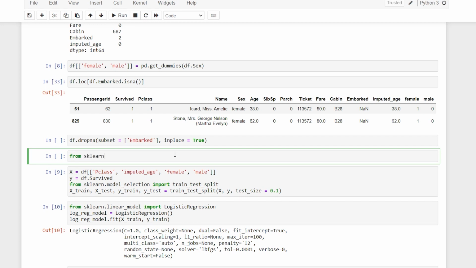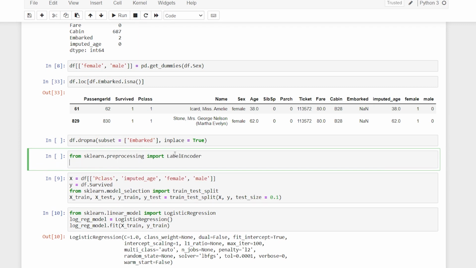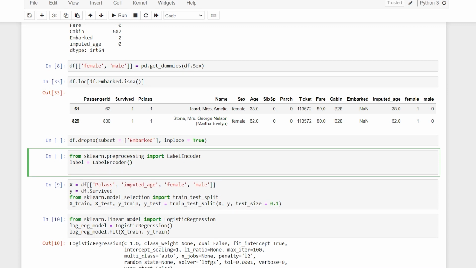So from sklearn dot preprocessing, import LabelEncoder, then I'll say label equals LabelEncoder, and later on I can say encoded embarked.